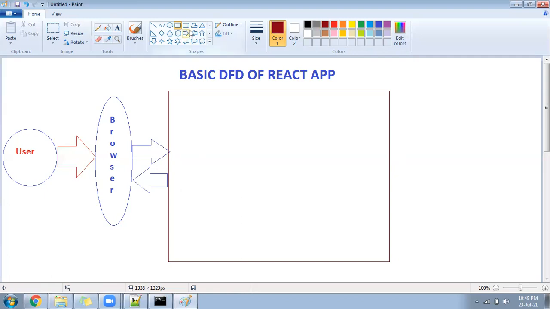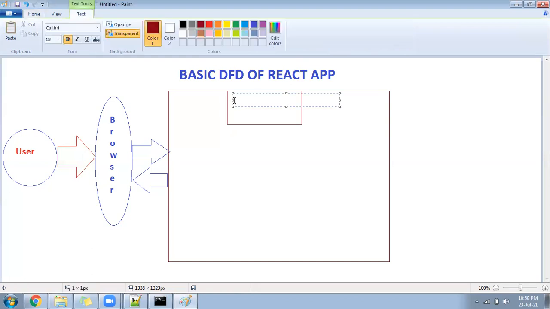Assume inside the React project, you have a folder. That folder name is called node modules. Okay, node modules. I'll write the name inside, node underscore modules.